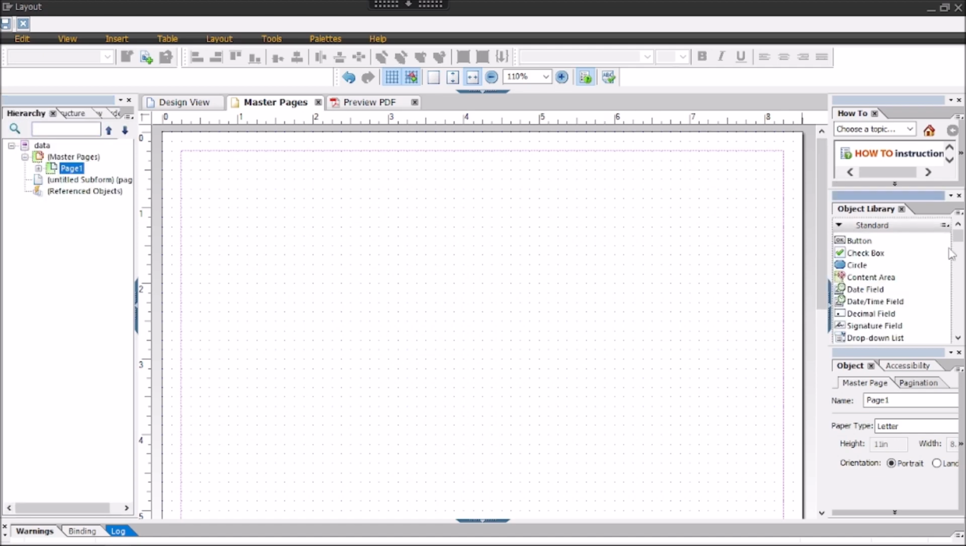Go to standard. These are all different elements available in Adobe Form. You can create a button, a checkbox, a circle, date field, time field, decimal field, signature field. This is for signature. Drop downs you can create, email buttons you can create. So there are many advanced options in Adobe Form. Now what is the object we need to create? Logo, right? Select image,